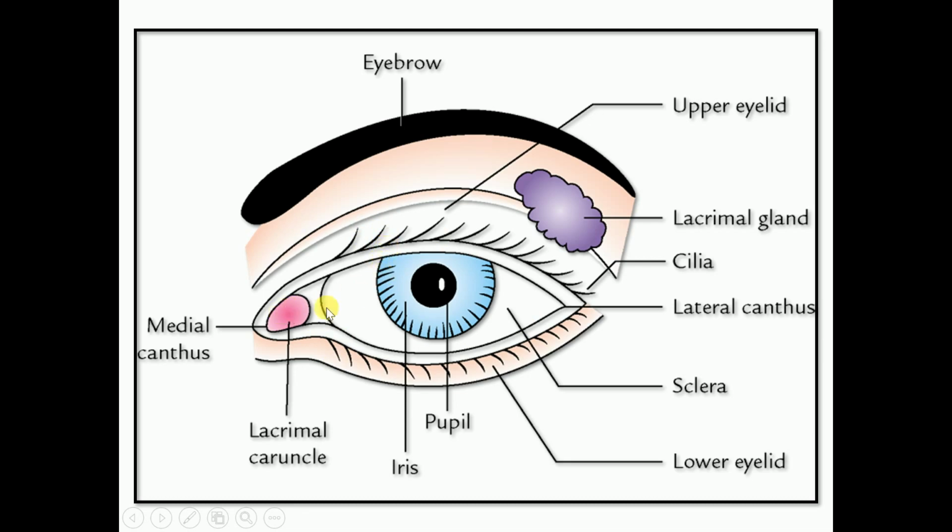On the medial aspect as well as the lateral aspect, the angles of this palpebral fissure are called the medial canthus and lateral canthus of the eye. Near the medial angle of the eye there is the lacrimal caruncle, the centrally reddish elevation within the lacus lacrimalis. This triangular area is called the lacus lacrimalis, and this is called the plica semilunaris, that demarcates the medial portion of the eye.